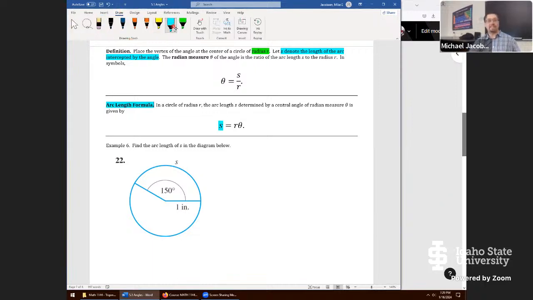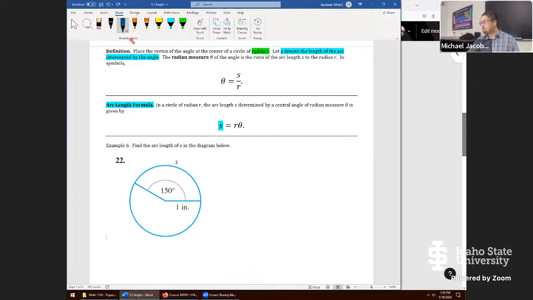Only because of that s right there. So we need to decide just how long is the arc length. This is how you do it. Take the radius, multiply by the angle theta, and you're now in business. So that's what example 6 asks us. Find the arc length s of the diagram below. All we need to do is take